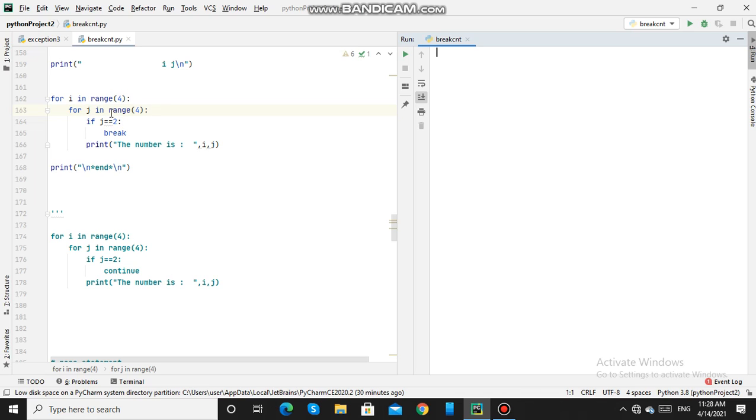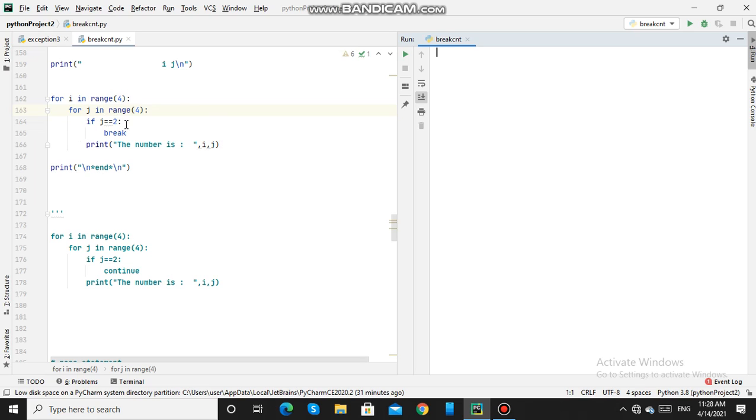Now in this inner loop, I have given this condition, if j is equal to 2 then break. That means this inner loop will iterate only 2 times for values of j equal to 0 and j equal to 1. So this print statement will be executed only 2 times.